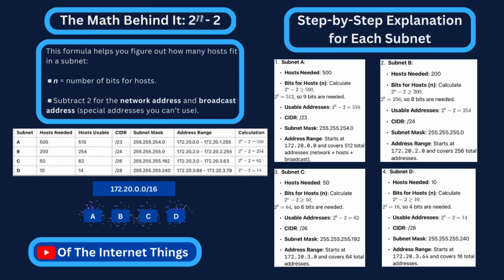A /24 gave us 254 usable addresses, 172.20.2.0 to 172.20.2.255. Subnet C needed 50 hosts. We used a /26, providing 62 addresses, 172.20.3.0 to 172.20.3.63. Finally, Subnet D required only 10 hosts, so a /28 provided 14 addresses,